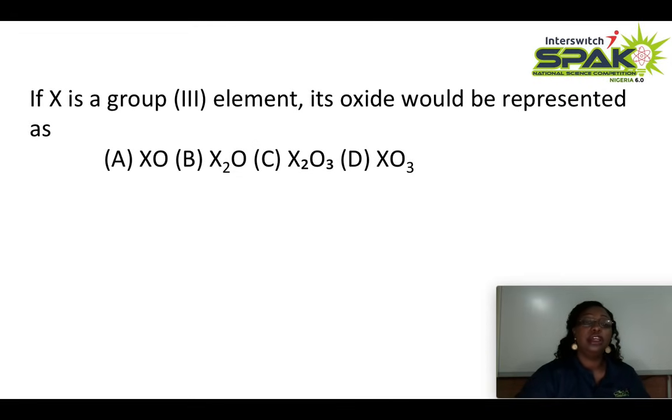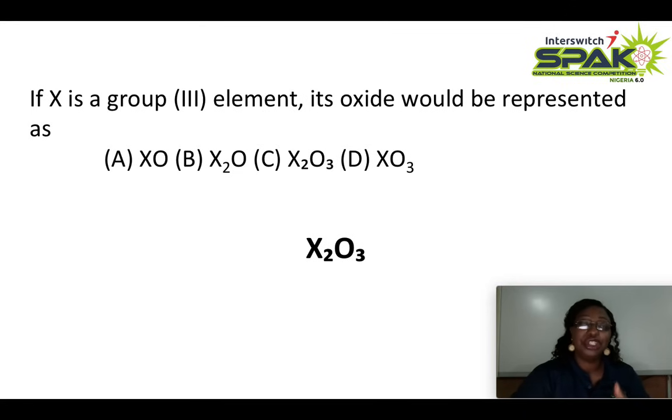If X is a group 3 element, its oxide will be represented as XO, X2O, X2O3 or XO3. So what's the answer? The answer is X2O3. A very good example of a group 3 element is aluminium, and aluminium is Al3+. All group 3 elements are expected to have a charge of plus 3, and by the time they react with oxygen,